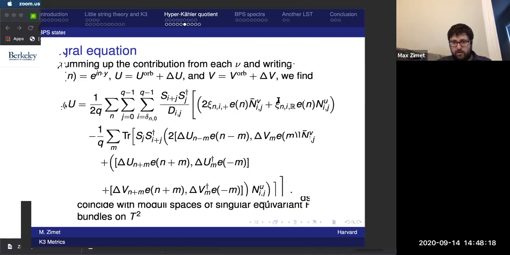And here we're convolving it with some distribution of delta functions, times the FI parameters. So Arnav and I are planning on making all of this rigorous in the near future, and this should be the basis for doing so. Namely, you just apply the Banach contraction principle to these integral equations, and show that iterating them ad infinitum gives you a solution to the moment map equations in this gauge.